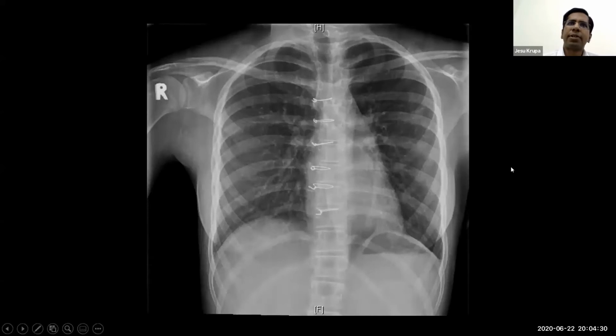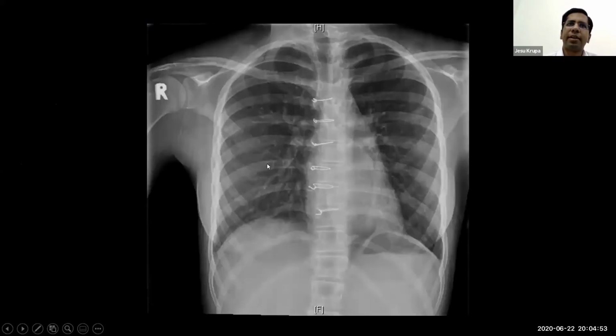So if you recall the previous X-ray, we could see the valve very nicely. Whereas here, this patient has had a valve replacement. You can see the sternal wires, so the patient has had a sternotomy. And this is the valve that you can see, which is very faint actually. So the St. Jude's valve